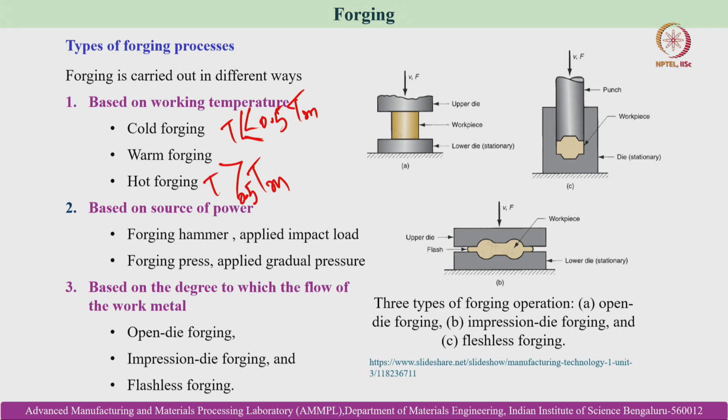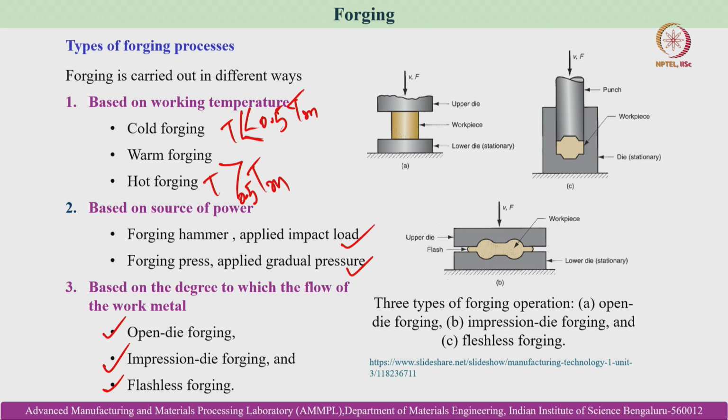So this is the classification based on working temperature, and then the classification is based on source of power. Based on source of power, the classification is forging hammer, applied impact load, and forging press, applied gradual pressure. So, based on the source of power and the application of load, the forging process can be classified broadly into these two categories. And number 3, based on the degree to which the flow of the work metal is constrained,